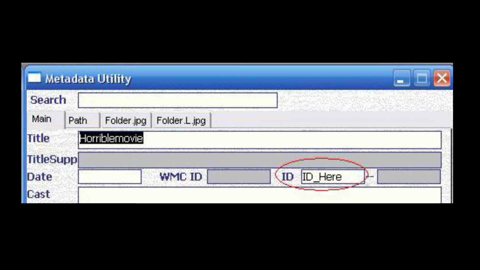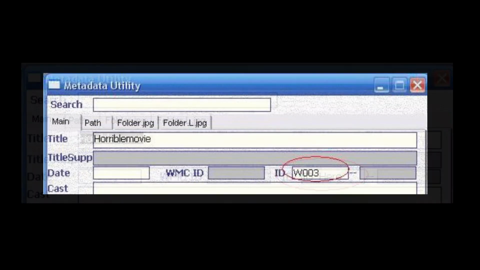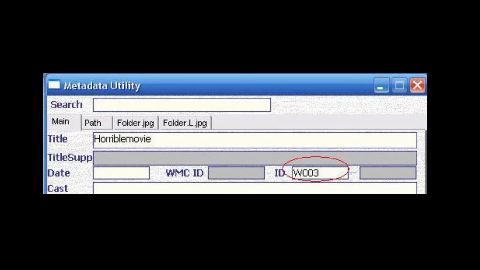Once that particular record ID has been entered, which has to be unique, which means that prior to entering this record, we should have searched within Metadata Utility and made sure that we do not have that record ID. And we also have a separate video as to how to run granular, detailed, advanced searches in Metadata Utility. Once that record ID has been entered,